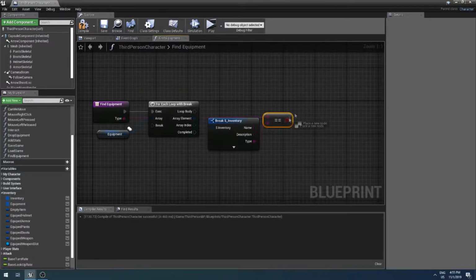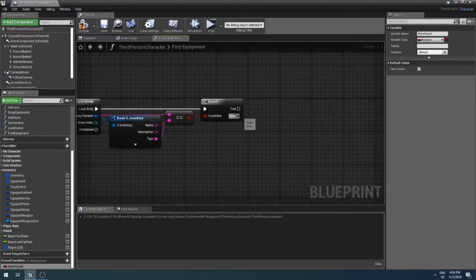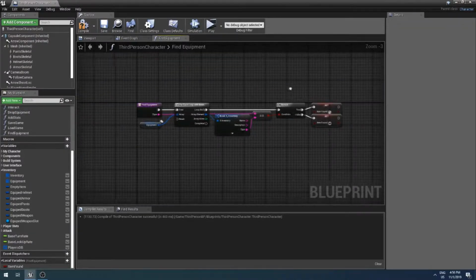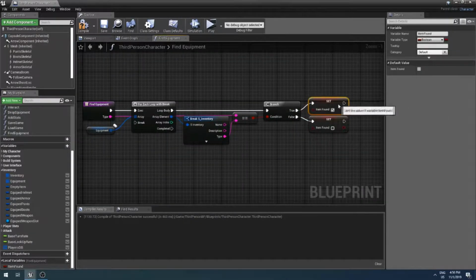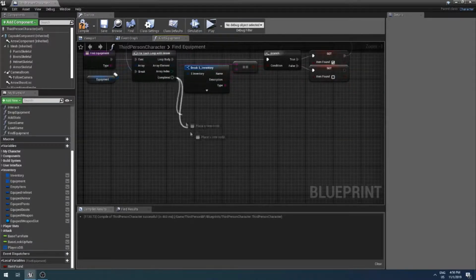Then if this is true, we need a boolean, which I'm going to add by adding a local variable. I'm going to call this item found, boolean single variable. If this is true, then we are setting this to true, and if it's false, we are setting it to false, like this. Then from the true value we can break the loop, and once the loop is broken we can return